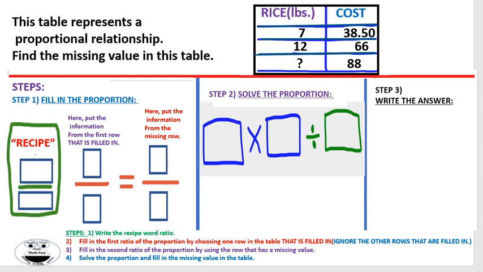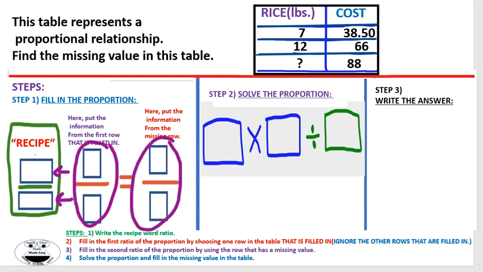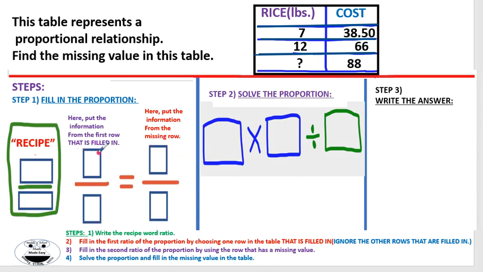a proportion. Remembering two things: we need to follow the order that we create in our recipe that we write over here and here. And we also have to make sure that the two numbers here, or the variable and the number here and here, are matched correctly and paired like a buddy or the same team, that they are correct. So a third thing we need to be careful about when we have a table is